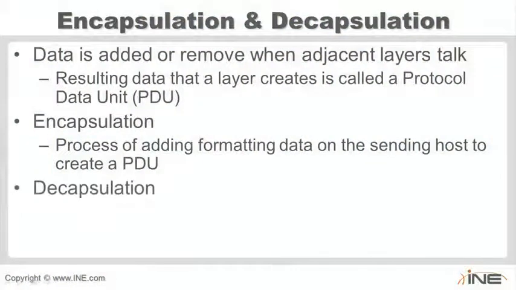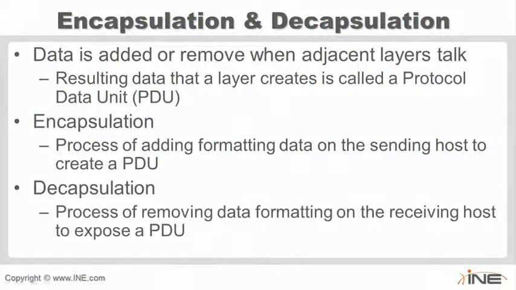On the other side, it's going to be the opposite, the decapsulation. This is where we are removing the formatting from the lower layers, and then we're passing it up. So when an Ethernet switch receives the physical bits from the wire, it's going to take that framing off. It's going to look at the layer 2 information, like the Ethernet MAC address, and figure out what to do with it. Then once the packet actually gets to the end host, it's going to look at the layer 3